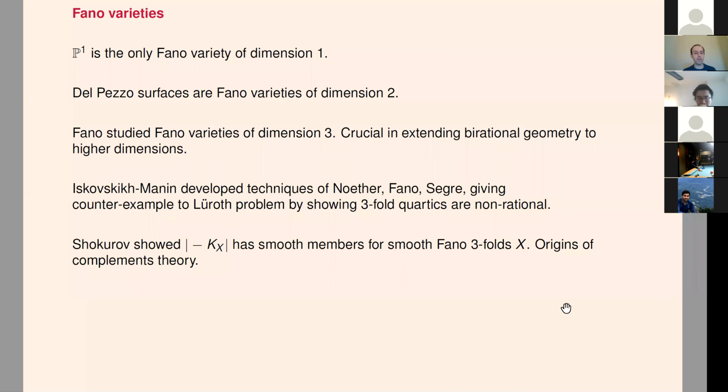A few years later, again in the 70s, Shokurov showed that if you take a smooth Fano threefold, and you look at minus K, so minus K is linearly equivalent to some other divisors, in this particular case he showed that, in fact, you can find a divisor in the linear system of minus K. So this just means that there is a divisor linearly equivalent to minus K, such that this divisor itself is smooth. And in particular, this divisor is a K3 surface. So if you have Fanos, you can also produce Calabi-Yaus. A K3 surface is a two-dimensional Calabi-Yau.